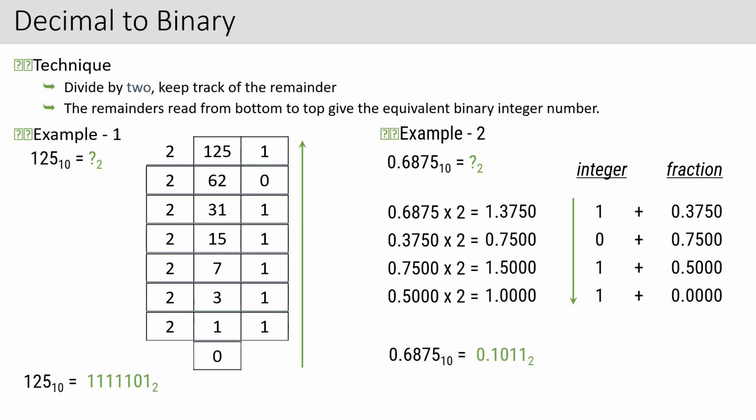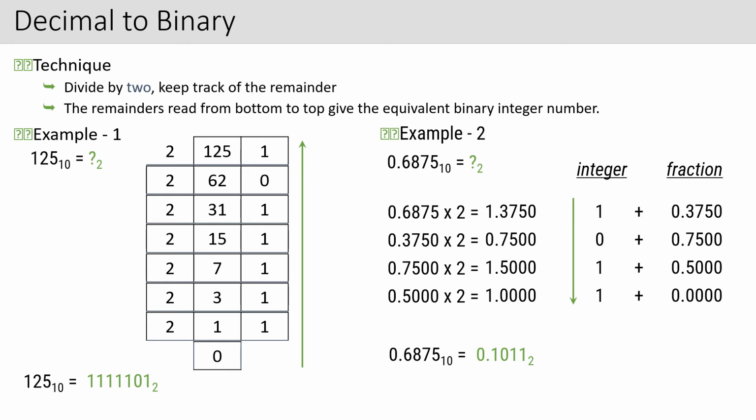Okay, so what will you do? How will I write this 0.6875? In the earlier case you took the numbers from bottom to top. Here you will take them from top to bottom. Okay, the integers you have to write down from top to bottom. So what will you write? Before that you will write down the base 10. It will be 0 point, then the integers from top to bottom.